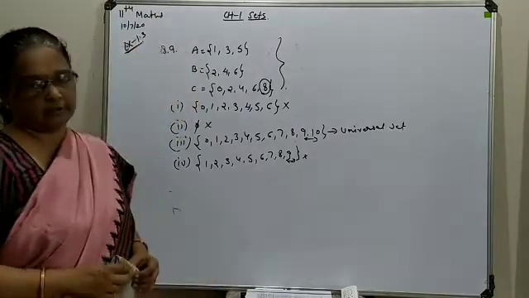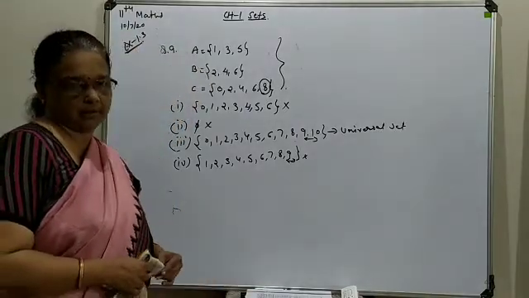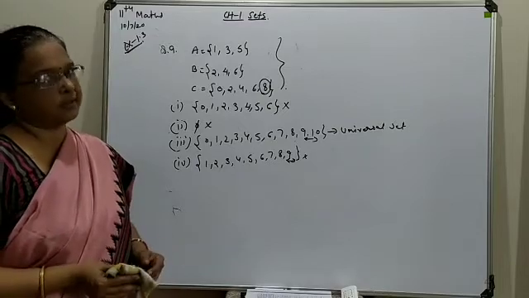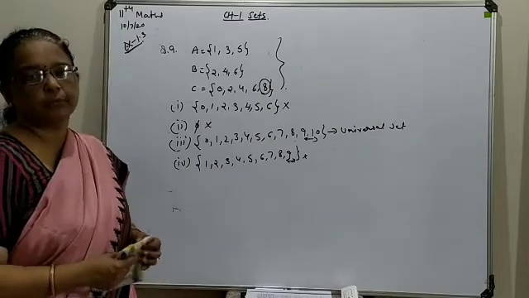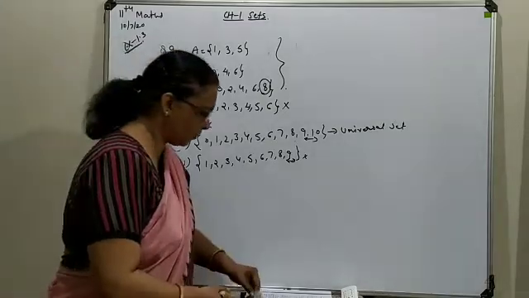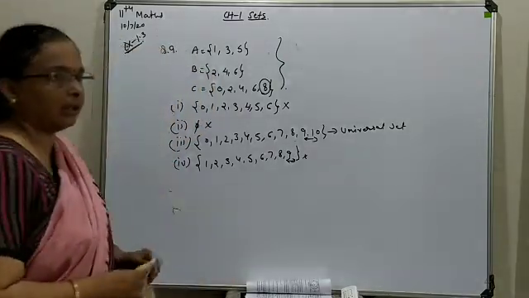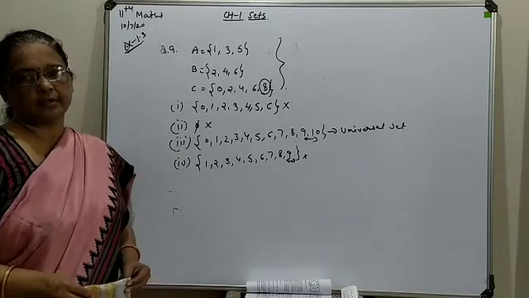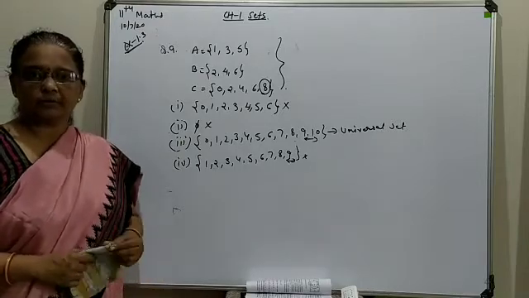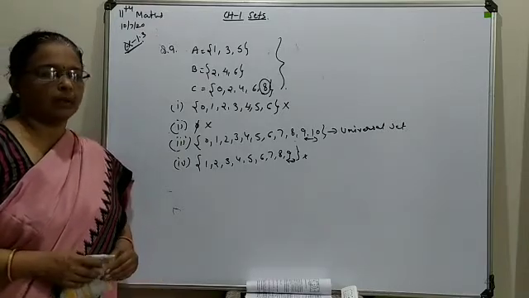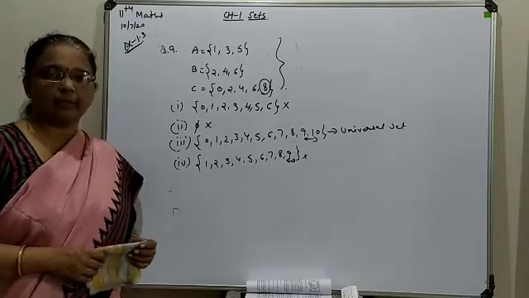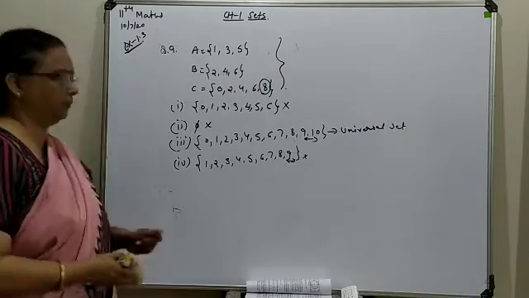Now we look at operations on sets, meaning union, intersection and difference of two sets. So the next topic we are going to discuss is operations on sets. In order to do that, first we are going to discuss the union of two sets and its properties and somewhat the Venn diagram related to the union.